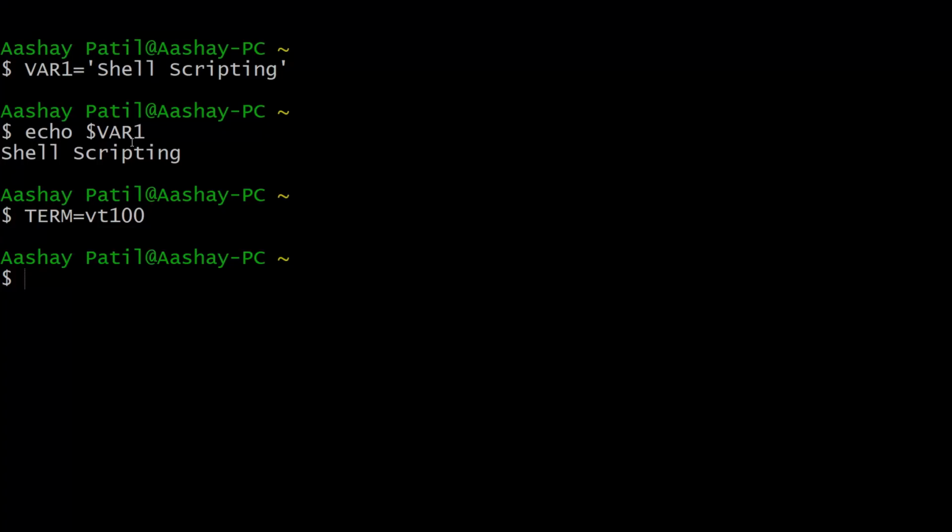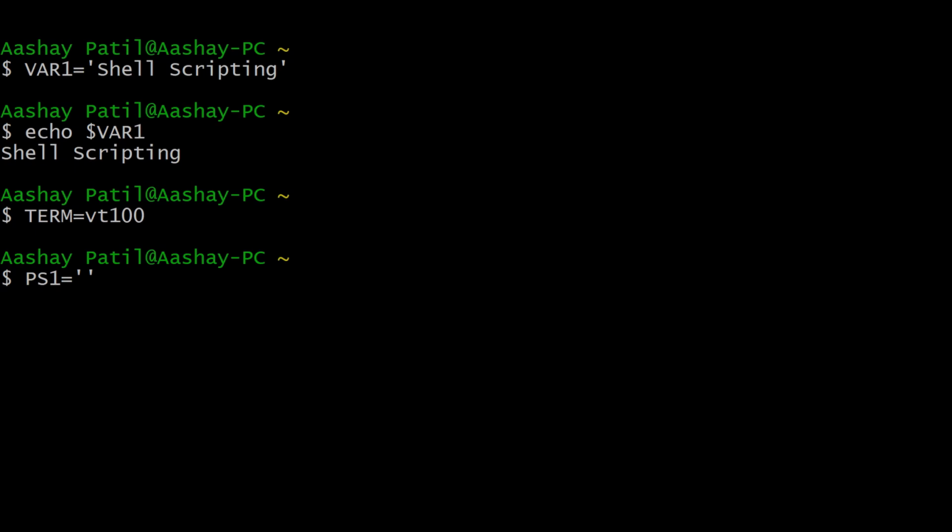We have come to the shell prompt, and as you can see here, the prompt is the dollar symbol. If you have to change that, just type PS1 in capitals, an equal to sign, and in quotes give any symbol that you want instead of the dollar symbol.